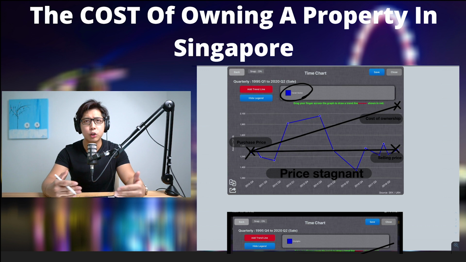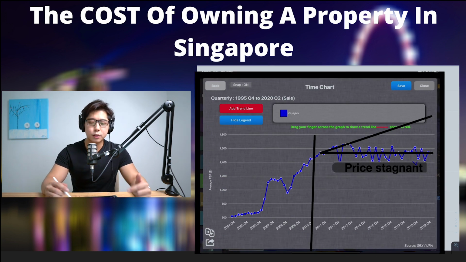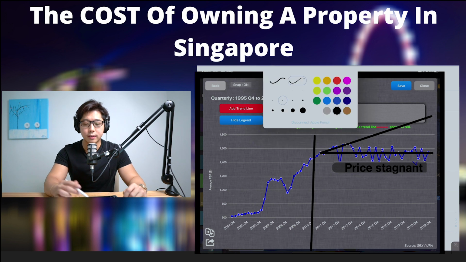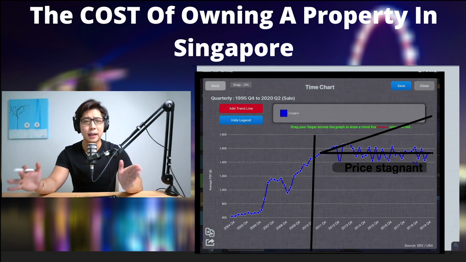If you're going to lose the money, you might as well lose it on rental, right? And the thing is, you don't have to lock your equity into this property. So the next example I'd like to show you is this property called City Lights. You can see over here that from 2010 all the way to 2019, the same 10 years, the price has